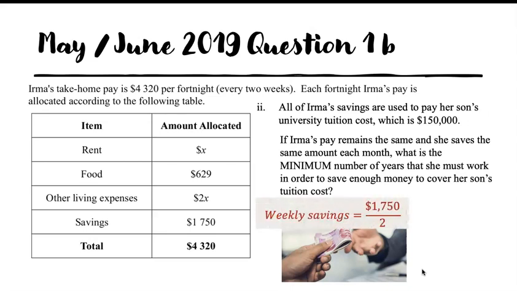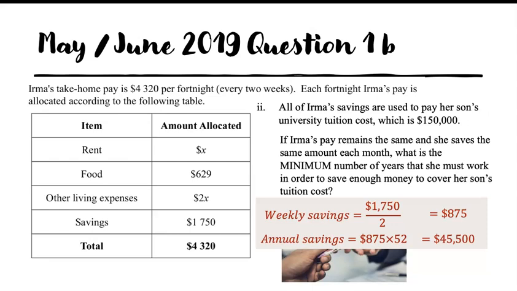Alright, so here goes. So weekly, since she saves $1,750 per fortnight, right, her weekly savings will be that amount divided by 2. So on a weekly basis, she's saving $875 towards the tuition. Right, now, how much is that per year? Multiply by 52. So on a yearly basis, or on an annual basis, she's saving $45,500. Now the question is, how many years will it take for this